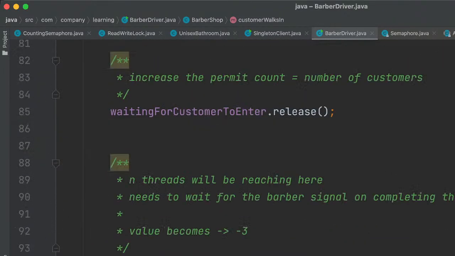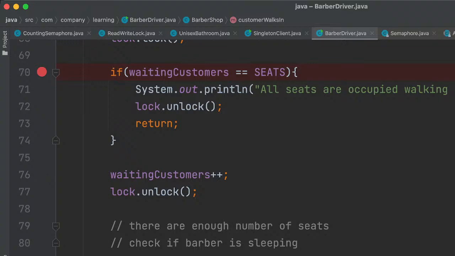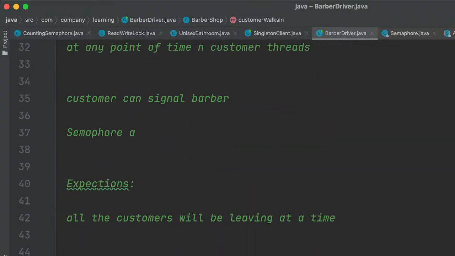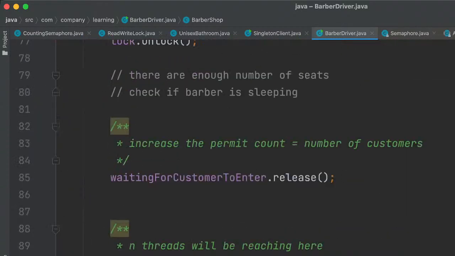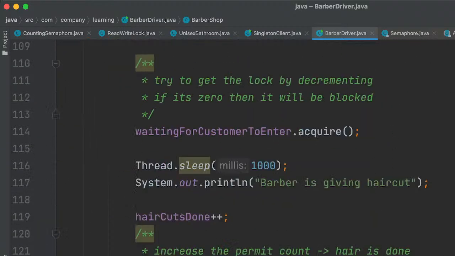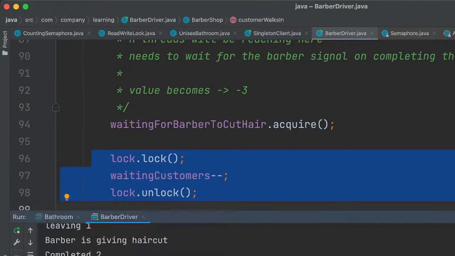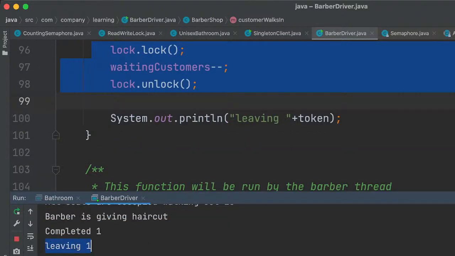But what I was thinking is, I'm not sure, because here everyone is leaving, but see, leaving one, barber is giving haircut, completed 2.